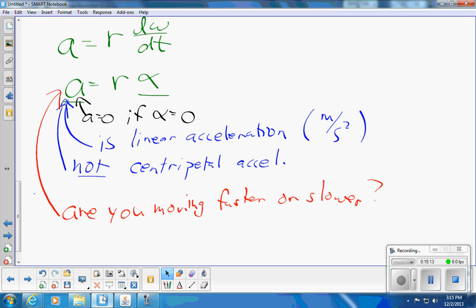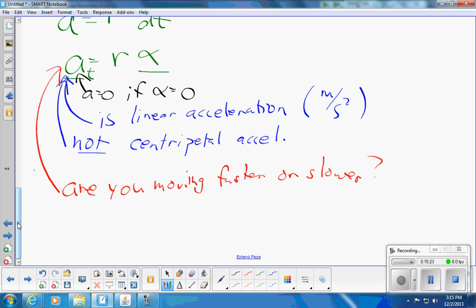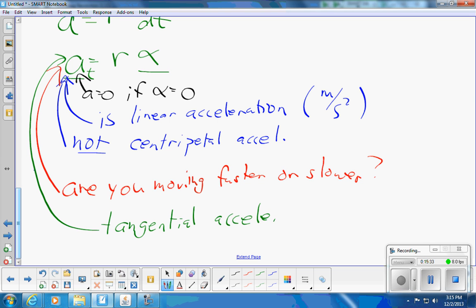Okay, what is this kind of acceleration? This is where we're going to have to be very clear with names of things. This we're going to call a sub t, for tangential acceleration. So this A that we just derived stands for tangential acceleration. That refers to its direction. It is a linear acceleration, yes. It is measured in meters per second squared, yes. And its direction is tangent to the circle, which means that if in fact you are traveling in a circular